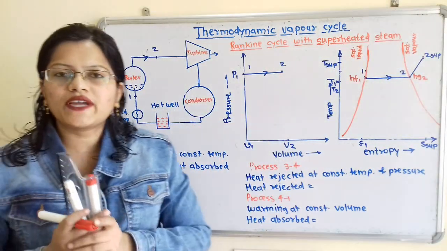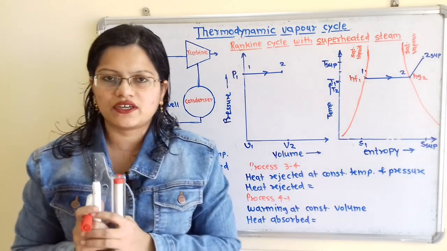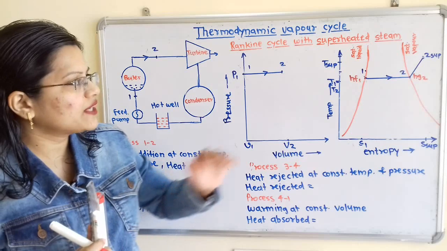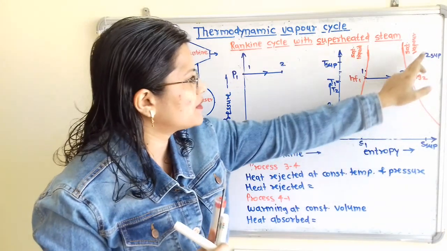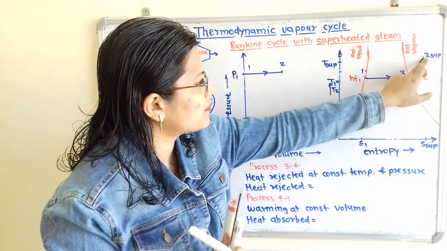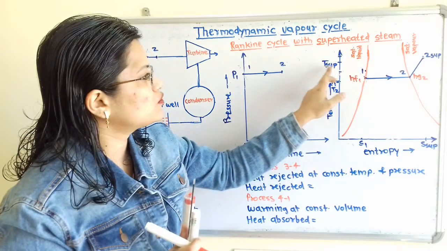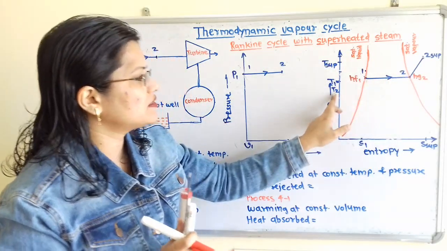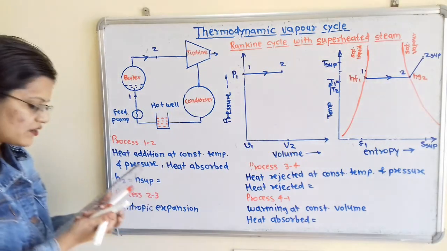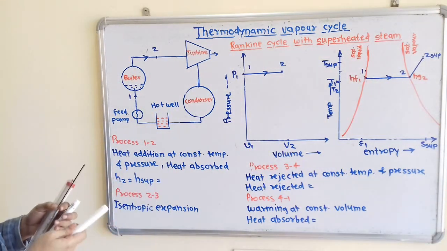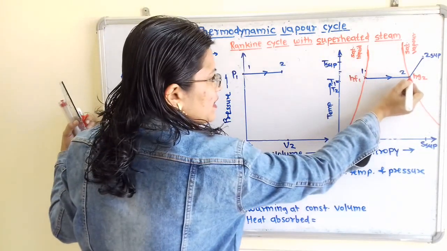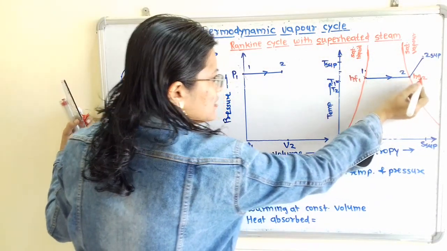So for that we have to use the specific heat of superheated steam, that is Cp. And then we have to take the difference between the temperatures. So here at point 2, superheated temperature is T superheated minus temperature at point 2, that is T2. So I will write the formula. H superheated is equal to Hg2, enthalpy at point 2,